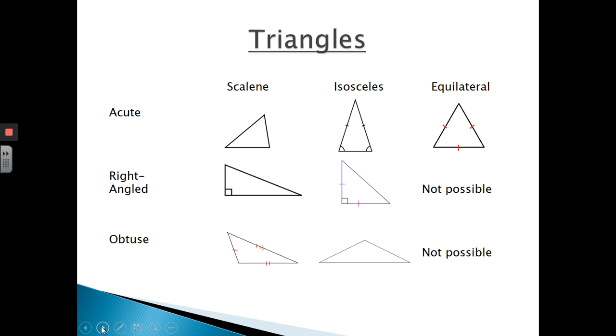Another area is triangles. So here's a nice diagram that just breaks everything down into categories. So we have a scalene triangle. A scalene triangle is a triangle with no sides that are the same. And to demonstrate that, the bottom triangle has those red lines to show that those are not the same